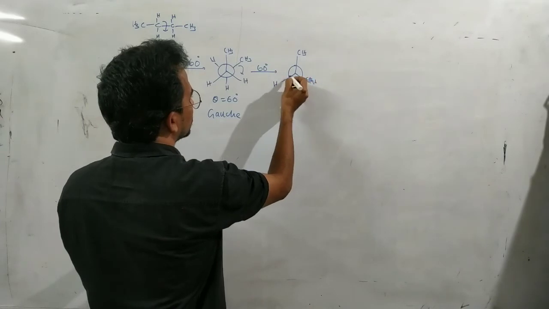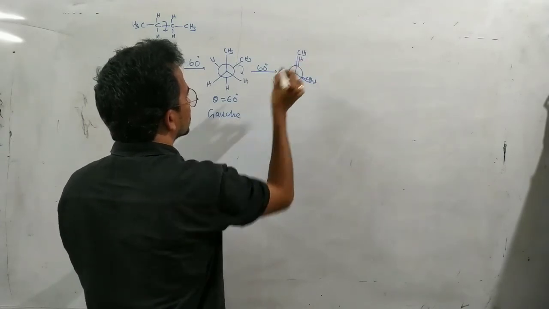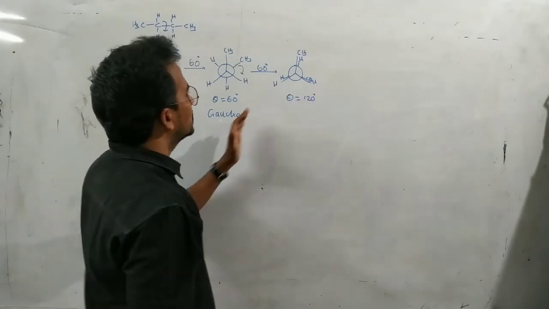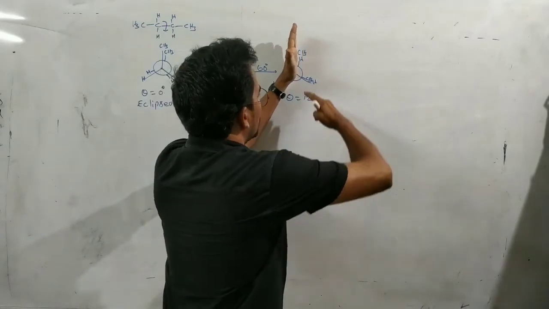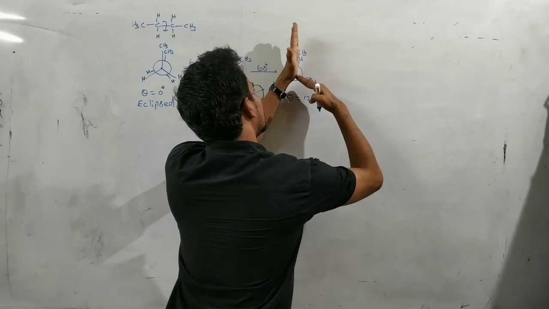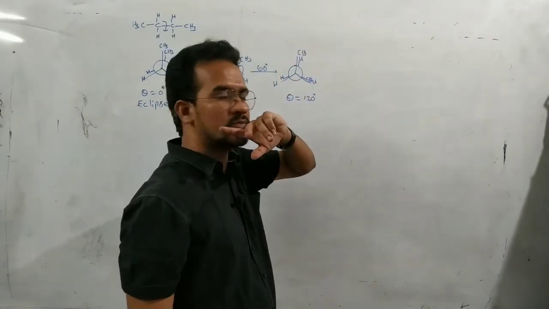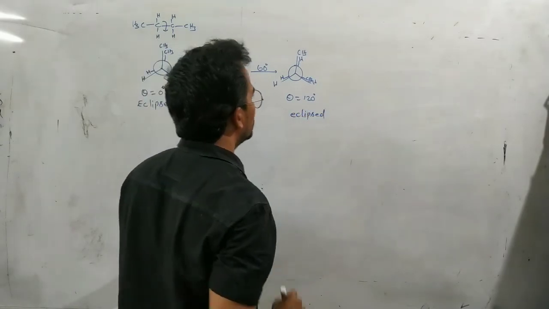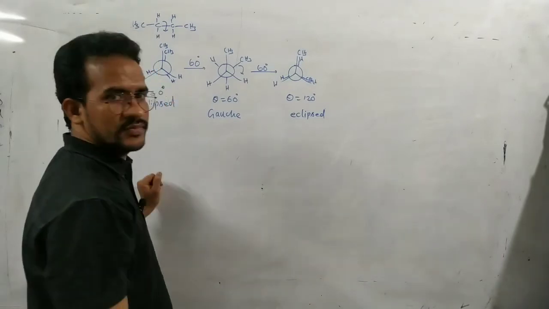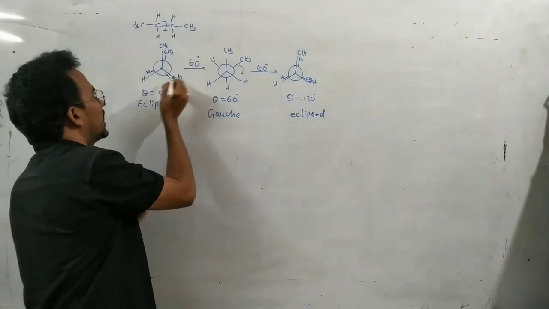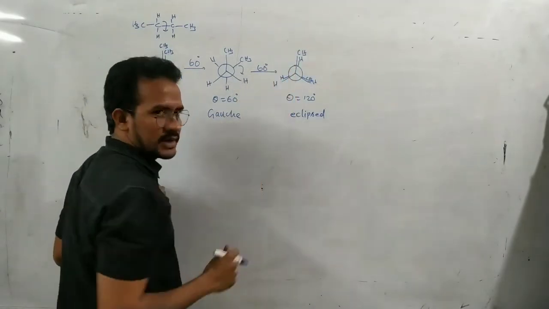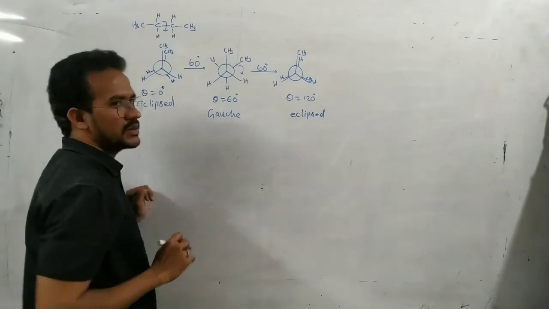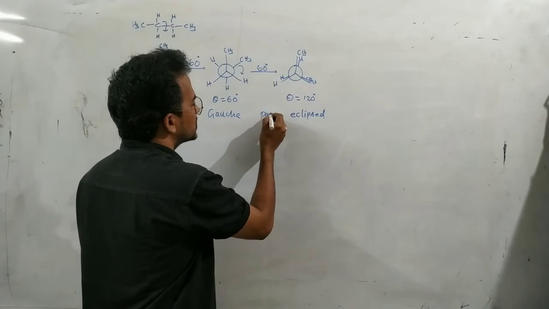See this one, CH3 and hydrogen. Okay. This is theta 120 degrees. That means here it is a CCH3 plane and about the rear carbon a CCH3 plane. The angle between these two bisecting planes is 120. Okay. So this is also called an eclipsed conformation. But here there is some difference between these two. Here methyl are eclipsed, hydrogen eclipsed. But here methyl and hydrogen are eclipsed. So different groups are eclipsed. So the first one is fully eclipsed, where methyl are eclipsed. Here methyl and hydrogen, so partially eclipsed.